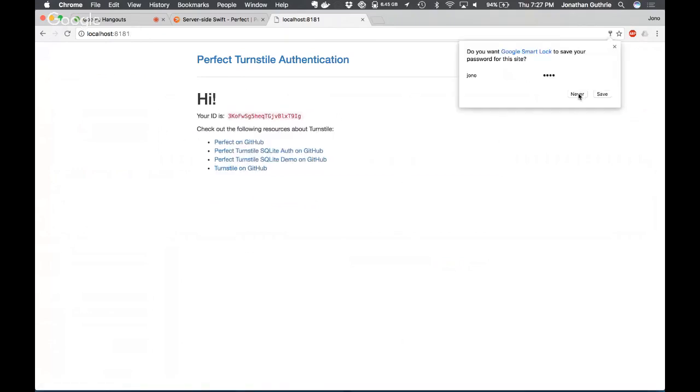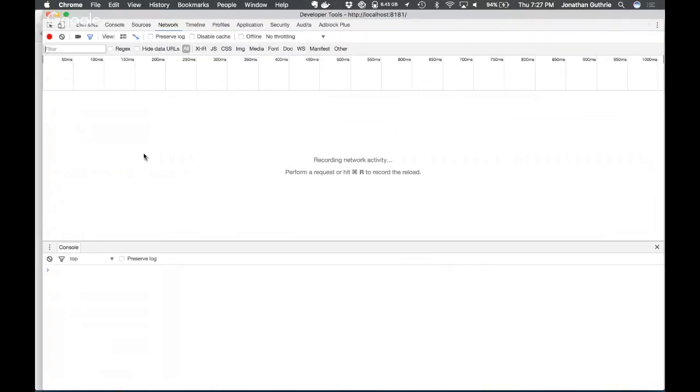And so what it's done is it's completed the registration, and it's brought me back to the same page I was before, but instead of just saying hi, if you want to log in here, it's actually given me my ID. So this is my session ID, 3KOF, etc.